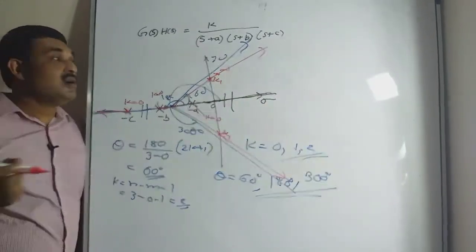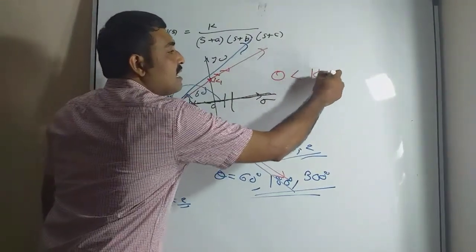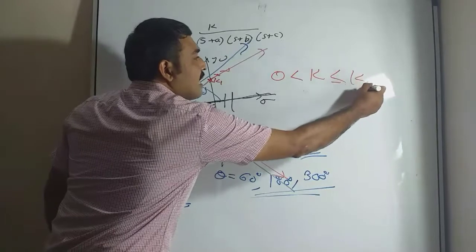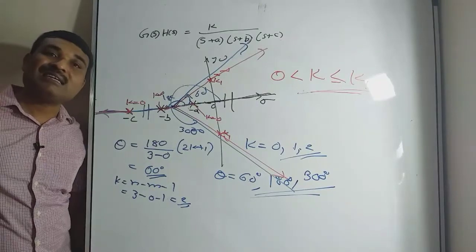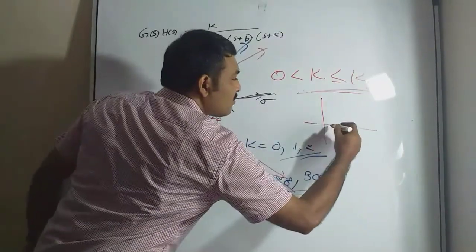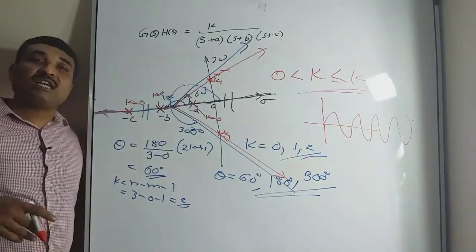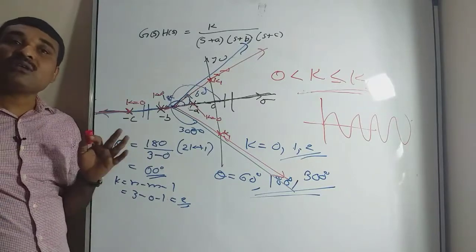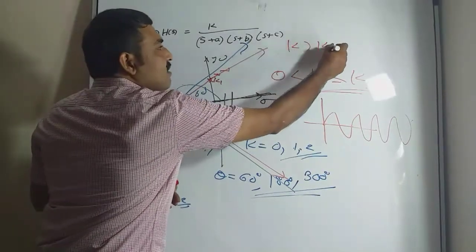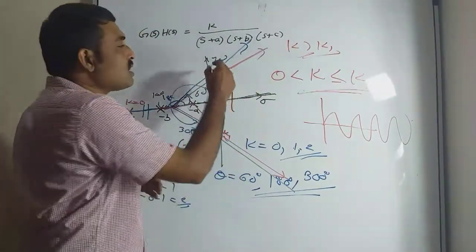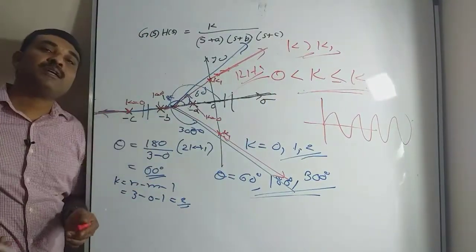So the system is stable for the gain lying between 0 less than k less than k1. If the gain is equal to k1, the system becomes marginally stable. That will result in sustained oscillation, so the response will oscillate like this with constant frequency. That frequency of oscillation can be obtained by making use of the Routh-Hurwitz criterion. If gain k is greater than k1, the closed loop poles lie in the right half of the S-plane and the system becomes unstable. This is the approximate shape of root locus.